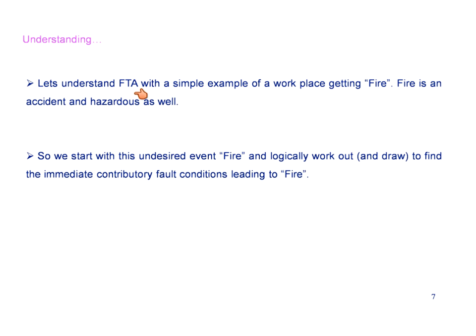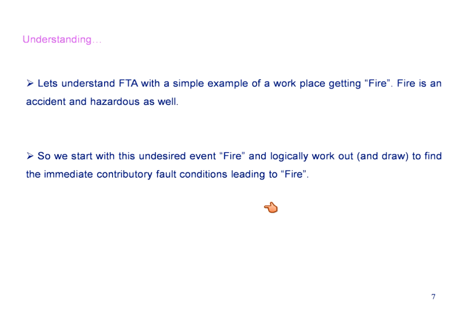Okay. So how to understand? Let's understand fault tree analysis with a simple example of a workplace catching fire. So fire is an accident and hazardous as well. So fire can be called an undesired event. We don't need it. Fire is an accident, a danger. So we start with this undesired event, fire, and logically work out, that is, draw the fault tree diagram, to find the immediate contributory fault conditions